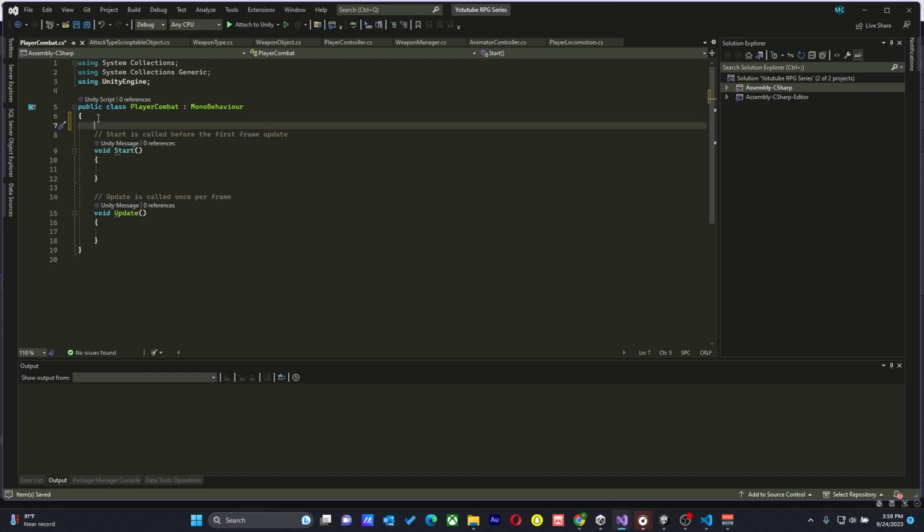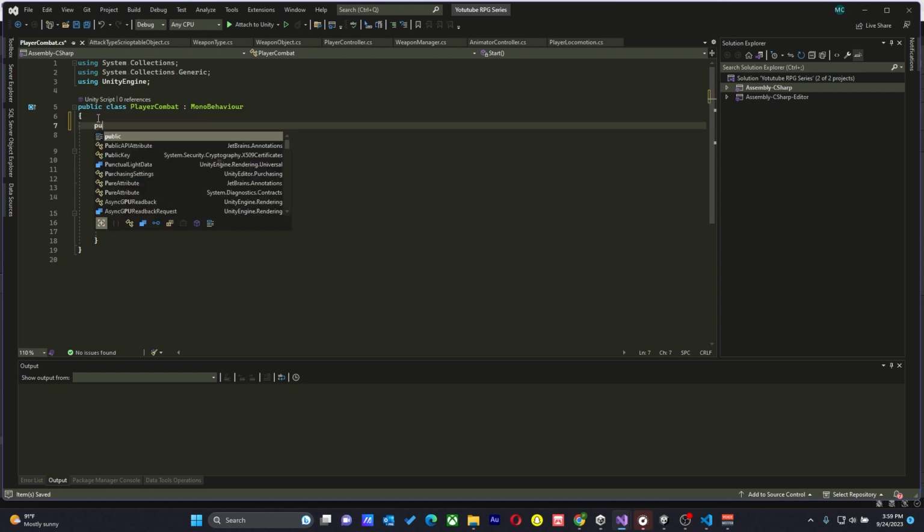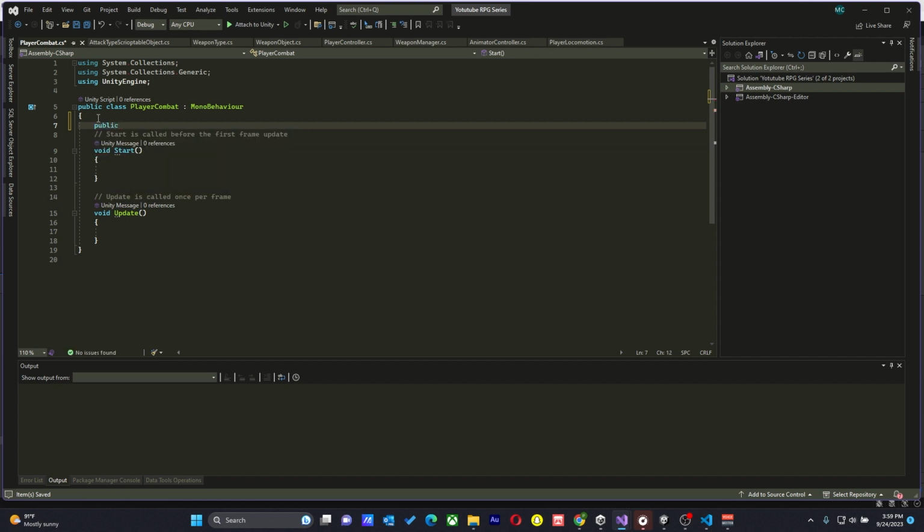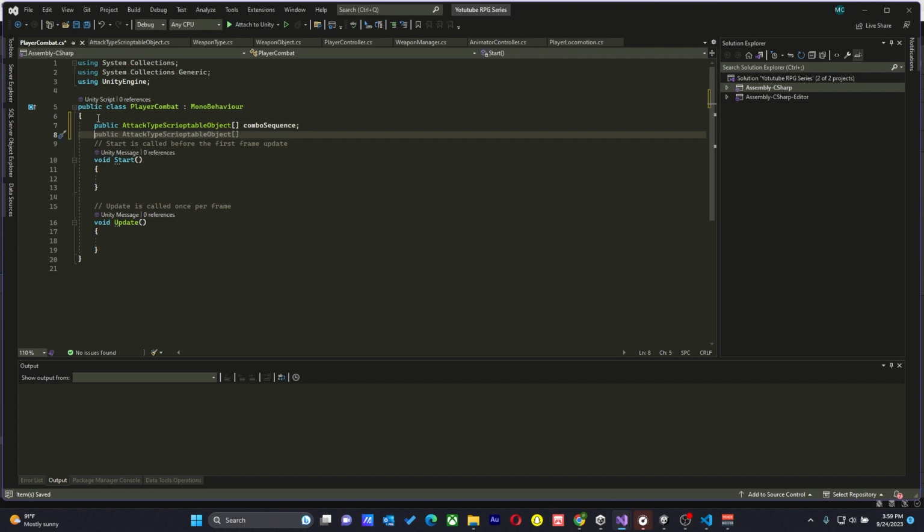So we're going to say public. It's going to be of type attack type scriptable object array. Or you can use a list. It depends on what you want. I'd say to go with an array. Then we'll say combo sequence. Okay. Then we're going to also say